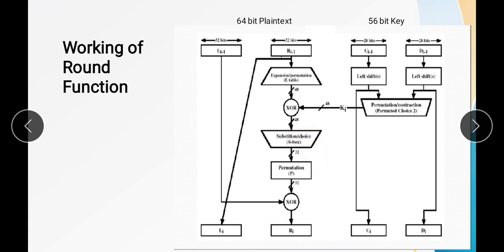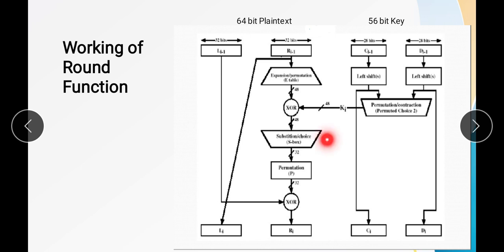So again the reduction operation is performed, and for this we use the substitution boxes or S-boxes. Total 8 boxes are required for the 64-bit plain text data, giving 32-bit data.